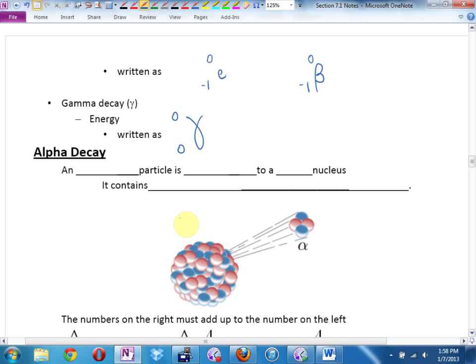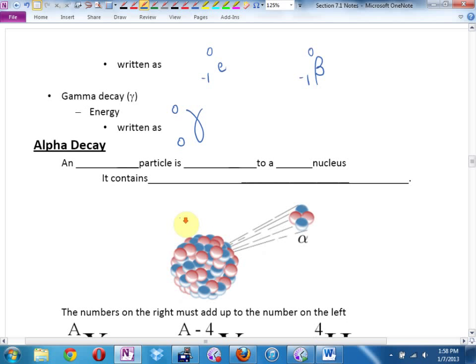So here's alpha decay. You'll notice these are on your green sheet, so you don't have to exactly have them memorized, but you want to recognize them. And if you're having to look up some of this stuff, you're going to be in trouble. So an alpha particle